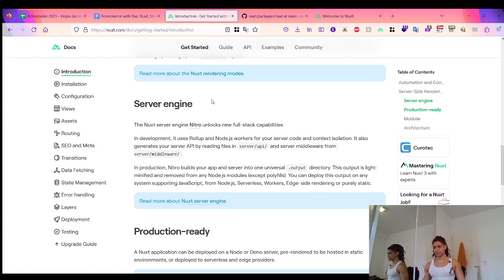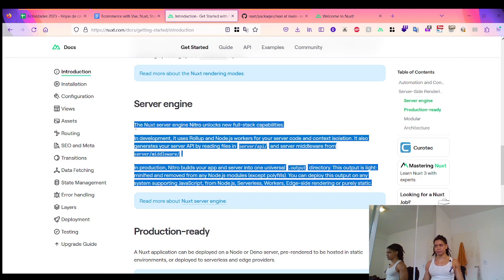In production, Nitro builds your app and server into one universal output directory. Okay, this output is sliced, minified, and removed from any Node.js module except polyfills. You can deploy this output on any system supporting JavaScript, from Node.js, serverless, workers, edge-side rendering, or purely static. Interesting, because with Nuxt or the server engine,